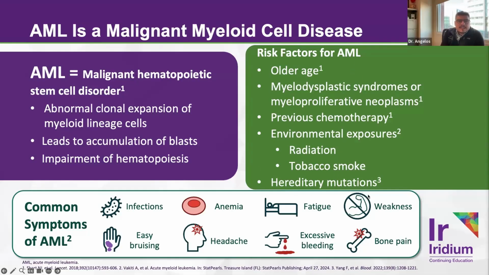We're also learning now that germline inherited or hereditary mutations can also be a major driver for AML. And if certain ones are detected, this should prompt consideration for germline testing and a referral to a genetic counselor. These here are just common symptoms that we often find in patients presenting with AML. Predominantly fatigue, weakness, and bone pain tend to be hallmarks of this disease. And patients, of course, can have excessive bleeding, easy bruising, and then other complications like recurrent infections or sequelae from anemia.